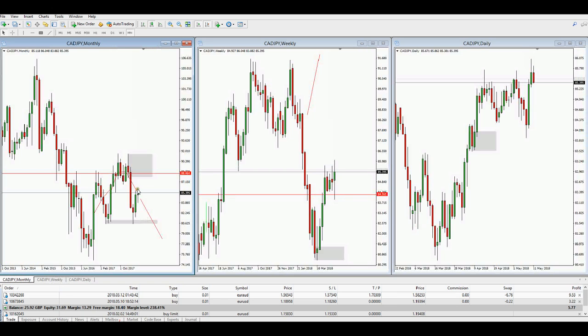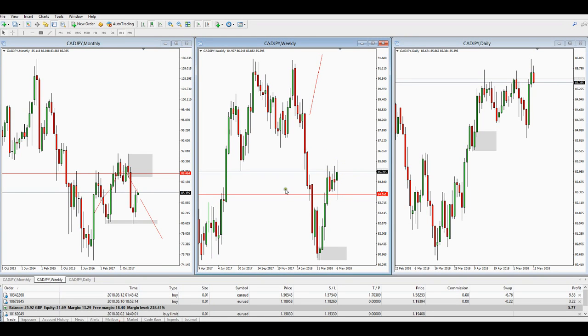CAD Yen, moving up, again this is showing weakness. We are moving up. Could be a big range still. This could be the lower of the range, and it's got plenty of room to rally up to here. Again though, we've also closed above two weekly supply levels. We closed above now this area, although we've not had a close above any of the recent wicks. So this could be starting to roll over as well. The most recent price action is not showing much strength.